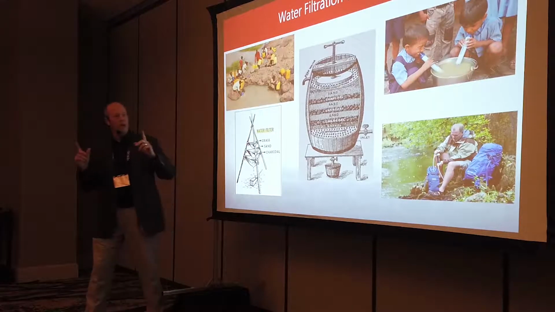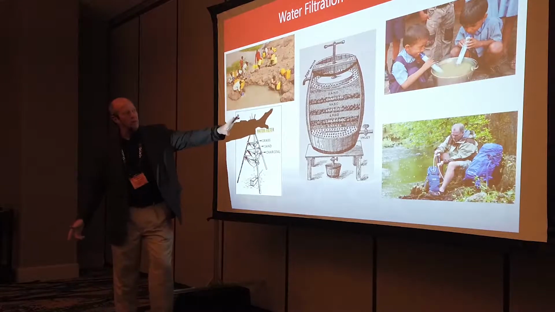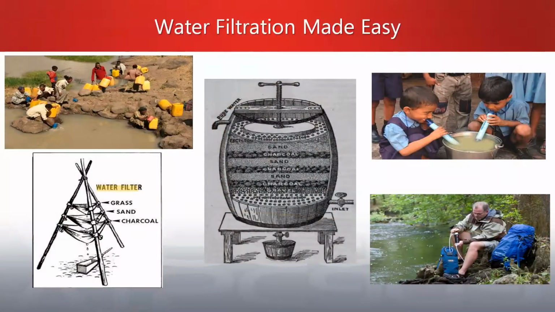But that's okay. The next stage of this might have been this kind of barrel. What you can see there, I know you can't read it, is sand and charcoal and a back and forth with gravel at the bottom. Water comes in this way, and the clean water comes out on the bottom. Looks like a gravity feed system to me that we would see in a typical water plant. If you look on the top left, that would be a new type of water filtration. They're being sold all over.